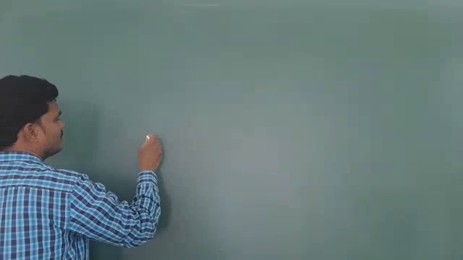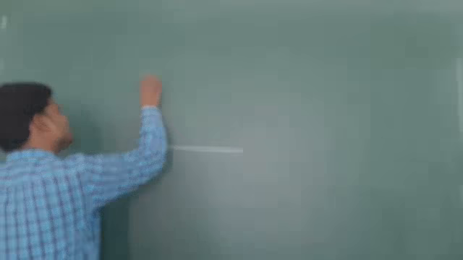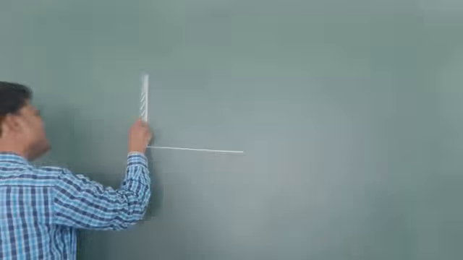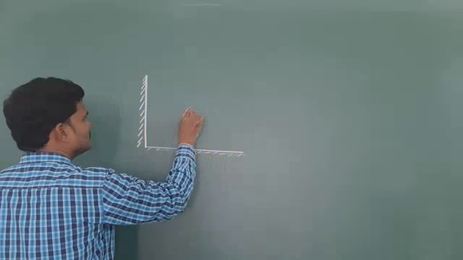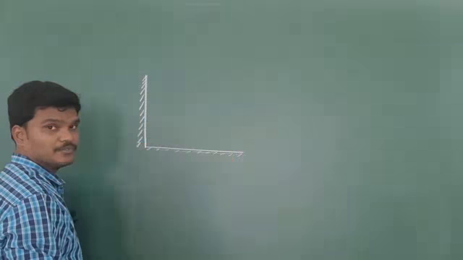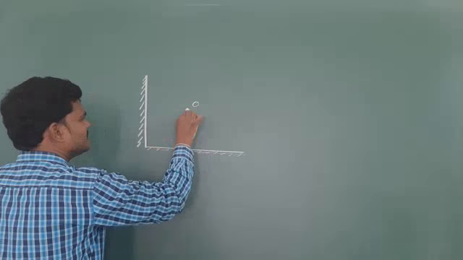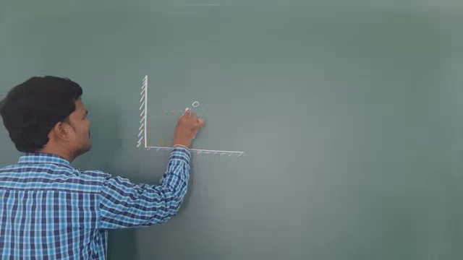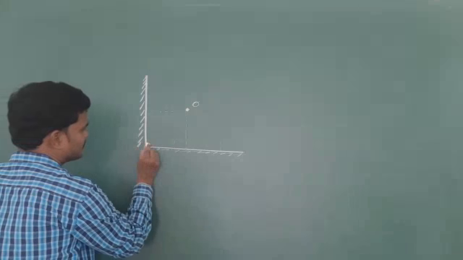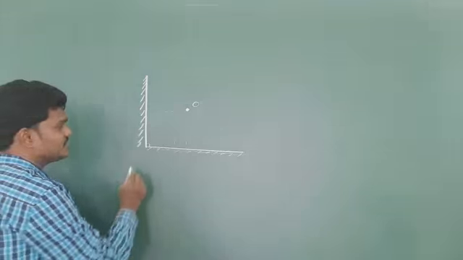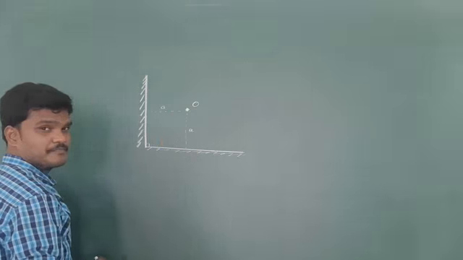Let us suppose two plane mirrors. Right now I am taking them perpendicular to each other. This is one plane mirror, this is another plane mirror. Don't worry, I am going to give shortcuts to solve these types of questions. So this is the object. I placed it at a distance of some A. This is also A. Symmetrically I am placing it, and the two plane mirrors are perpendicular to each other. This is the point of intersection. This is A, this is A distance.